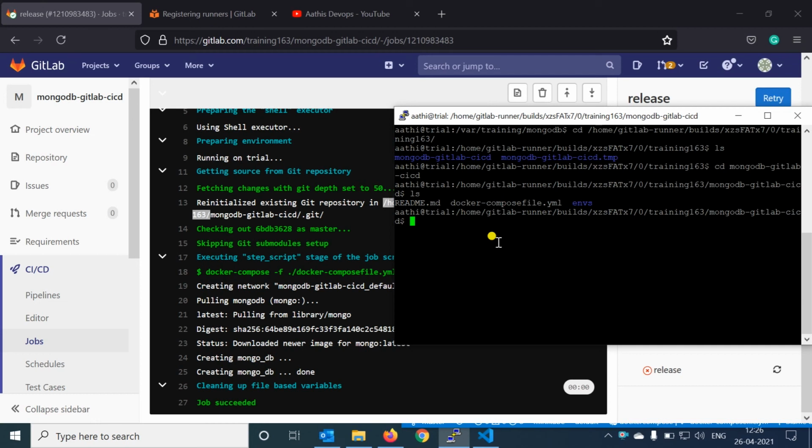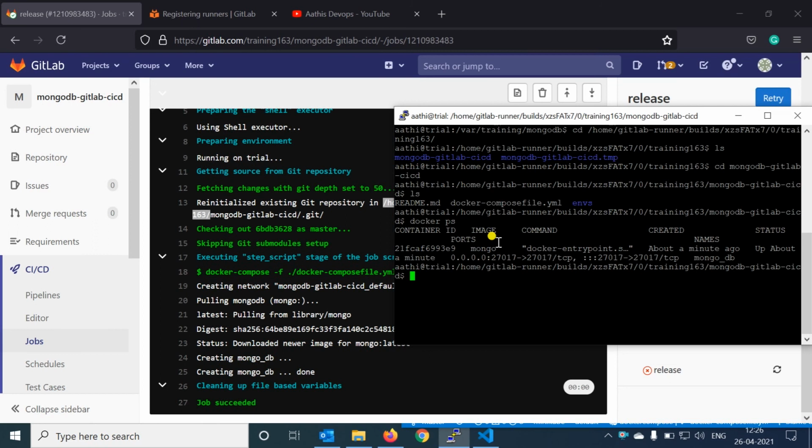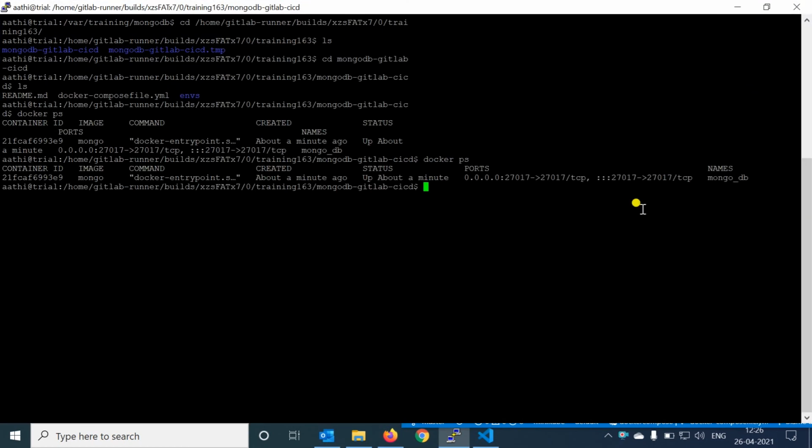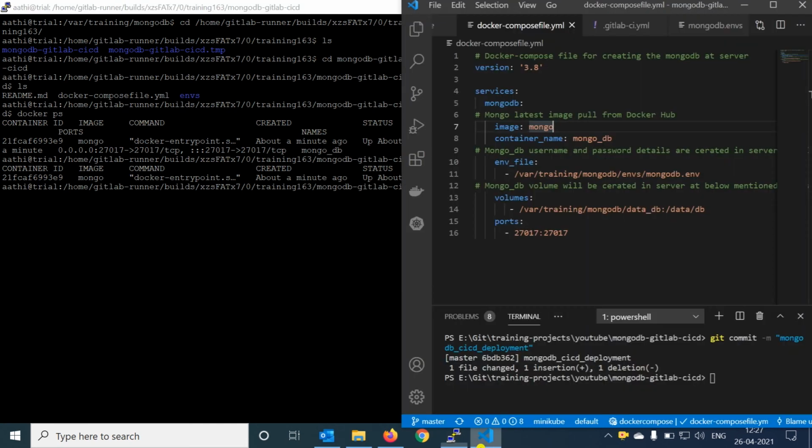Okay, we can check whether our MongoDB is running. For that, docker ps. See, our MongoDB is running on port number 2017. This is the container ID and name, and the name of the container is MongoDB, which we have used over here.